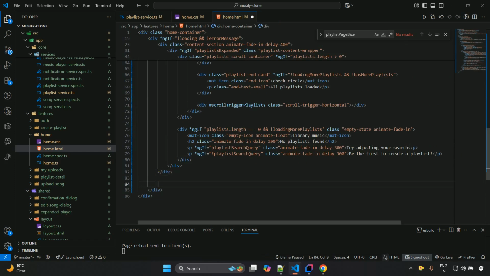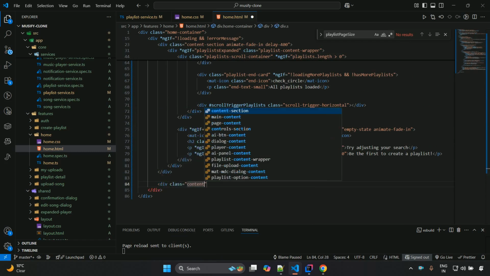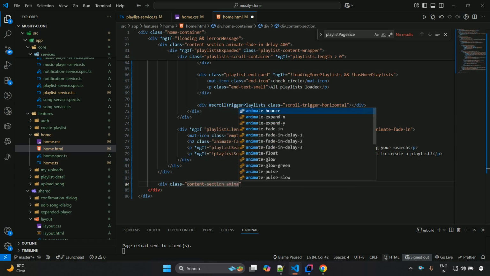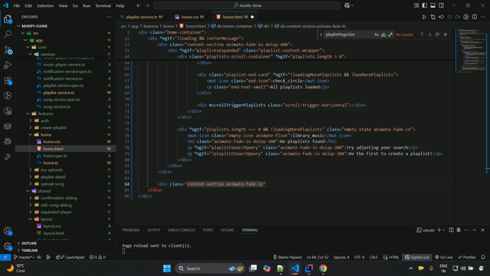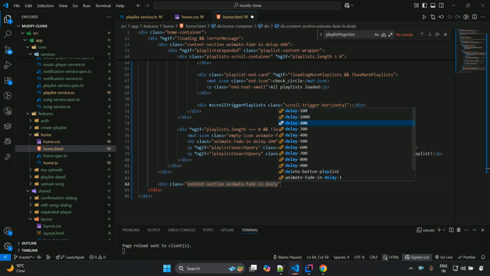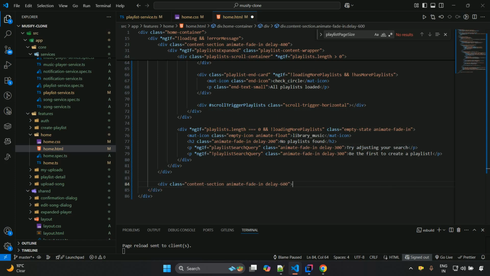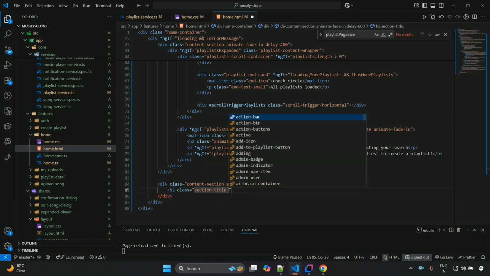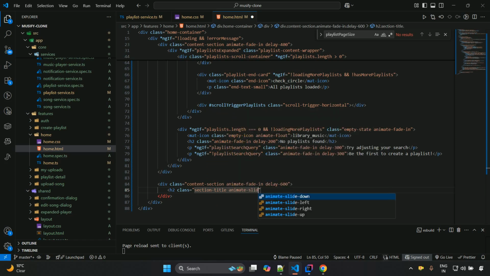Here we have to write div class content-section, and then animate-fade-in and delay-600, and then close this one, and then h2 class section-title and animate-slide, and then close this one, all songs,